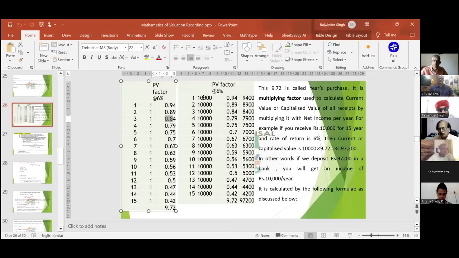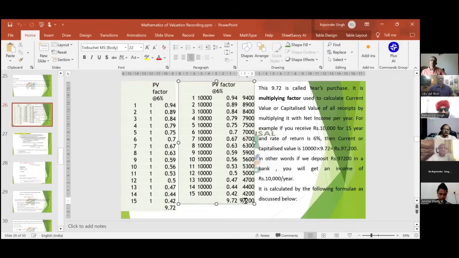15 साल के लिए आपको 15,000 मिलना था। लेकिन अगर आप कहोगे मेरे को आज ही मिल जाए, तो आपको कितने पैसे मिलेंगे? सॉरी, 10,000 मिलना था तो आपको 1,50,000 मिलना था। लेकिन अगर आज ही आप पैसे लेना चाहते हैं तो आपको ₹97,200 मिलेगा। You will be getting 97,200 instead of ₹1,50,000. So this is present value of what you were getting every year.